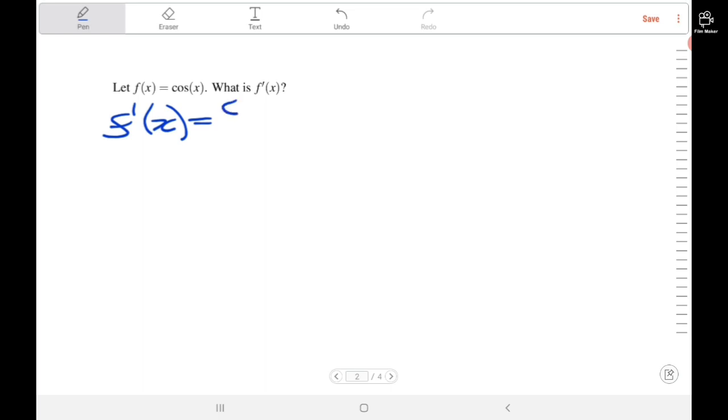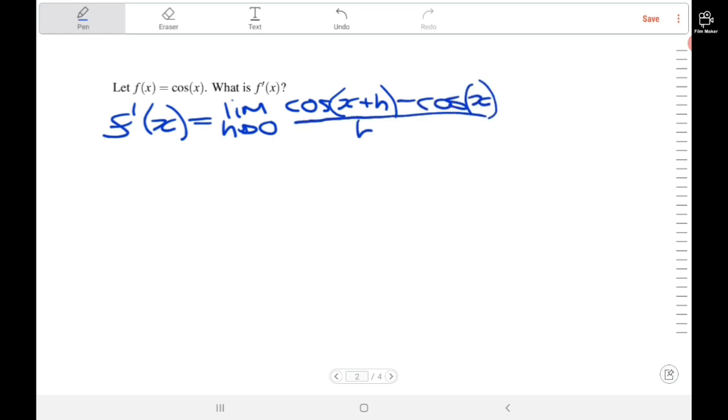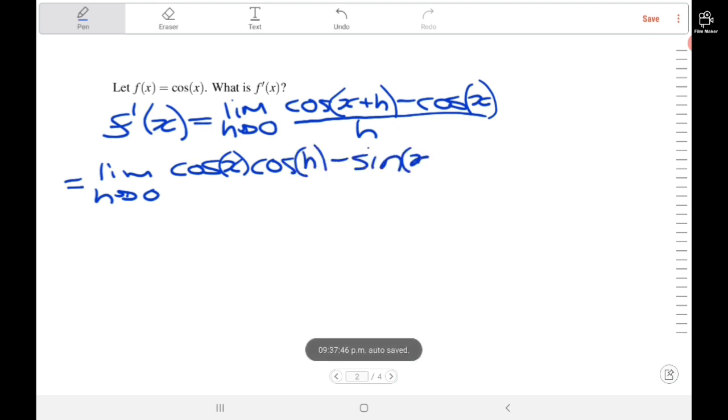we have the limit as h goes to 0 of cosine x plus h minus cosine of x divided by h. Now cosine of x plus h, we can apply the angle sum formula to that. And we get cosine of x cosine of h minus sine of x sine of h